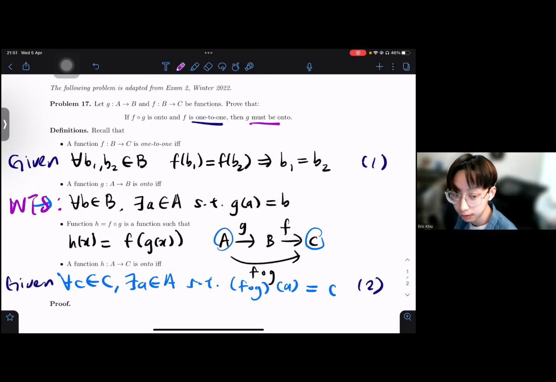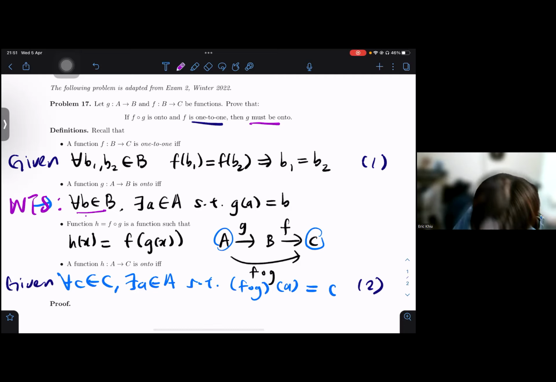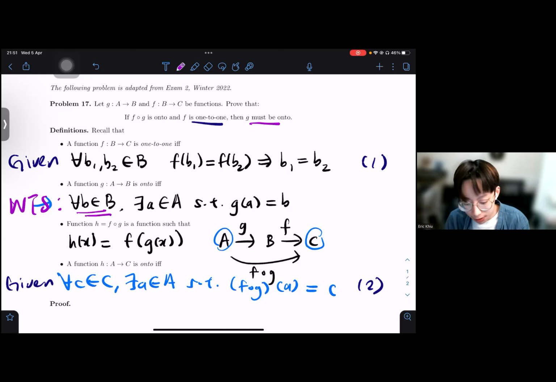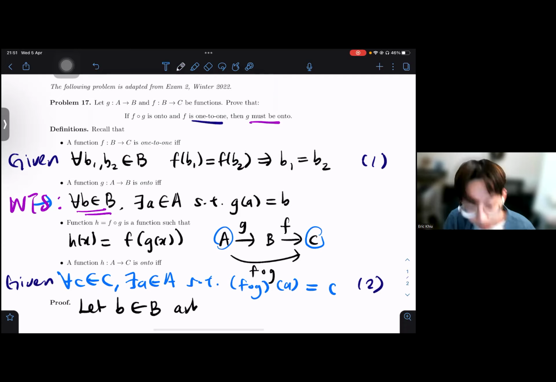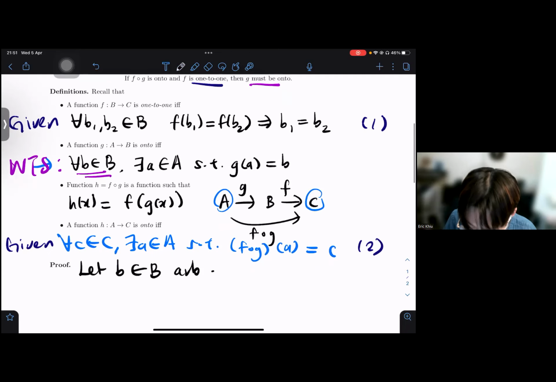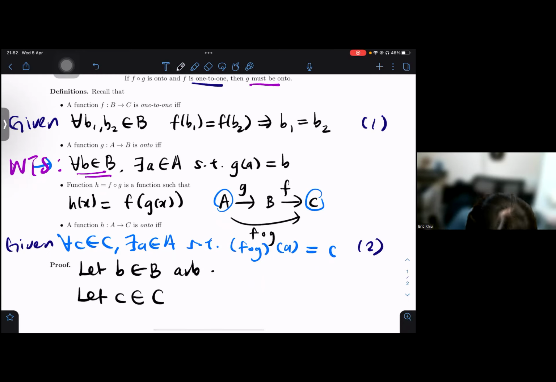How do we go about proving that? If you look at what it means for g onto, you realize that we start with a universal quantifier, for all B, which means something has to be true regardless of what B I choose from this capital B, right? So formally, let's say we choose a B arbitrarily from this capital B. And then for simplicity, I'm going to introduce a C. Let C star in C